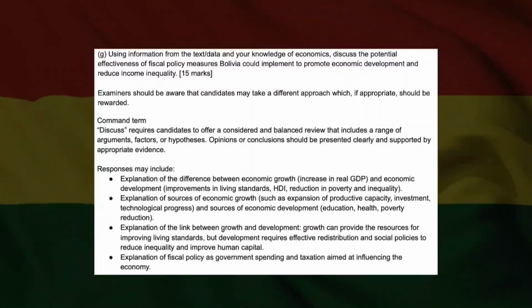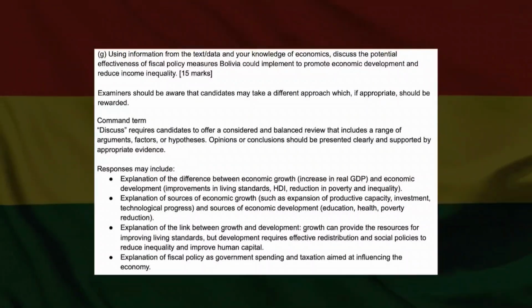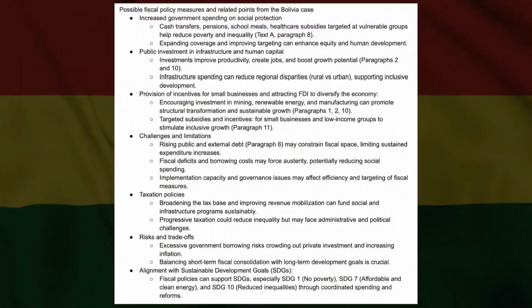Explanation of the link between growth and development: growth can provide the resources for improving living standards, but development requires effective redistribution and social policies to reduce inequality and improve human capital. Explanation of fiscal policy as government spending and taxation aimed at influencing the economy. Possible fiscal policy measures and related points from the Bolivia case: increased government spending on social protection, cash transfers, pensions, school meals, healthcare subsidies targeted at vulnerable groups help reduce poverty